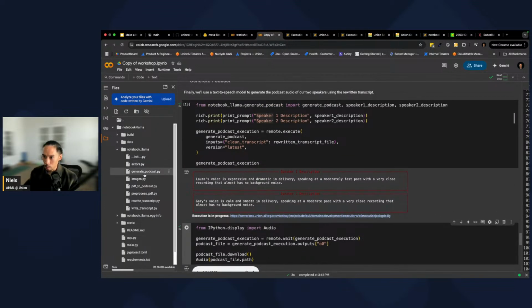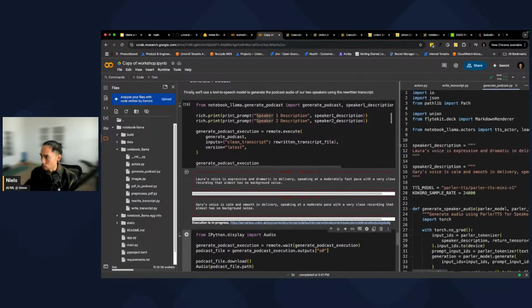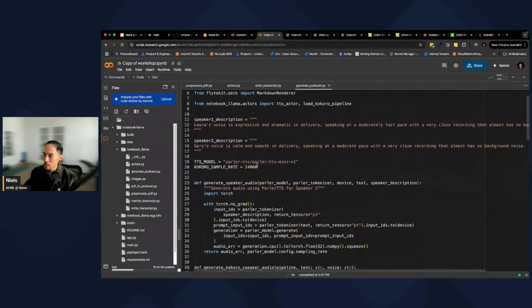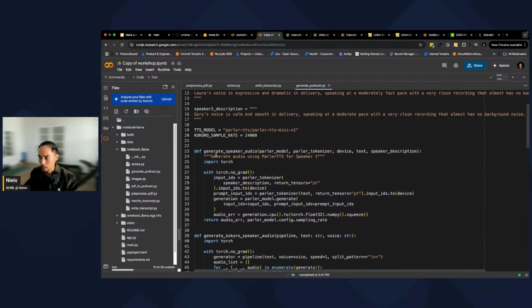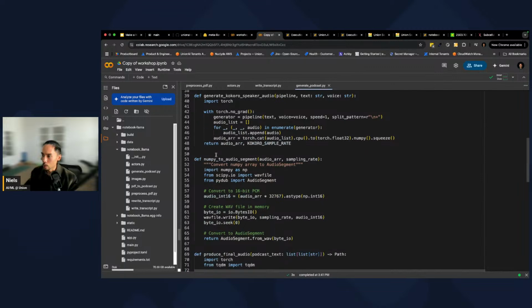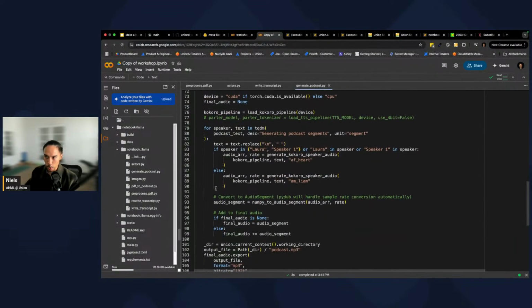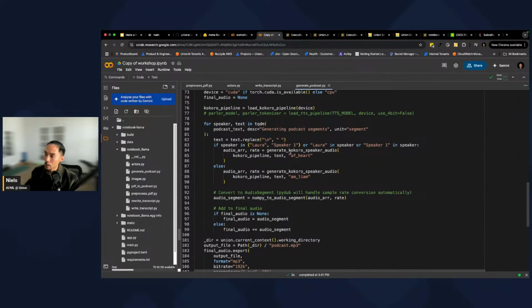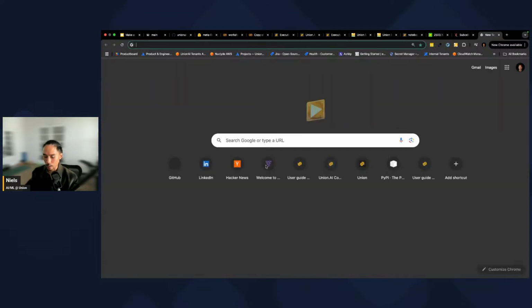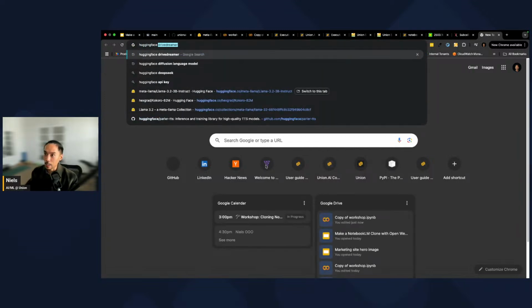The interesting thing here in the generate podcast script is really these speaker descriptions, and this is dependent on the text-to-speech model that you're using. If I go down to the function that generates the audio, we're using American female Heart, which is the name of the persona, and American male Liam. These are things that you can find in the Hugging Face